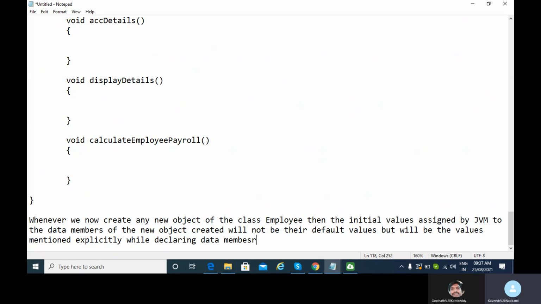Clear? That is ABCDF, 5 and 50,000 respectively.